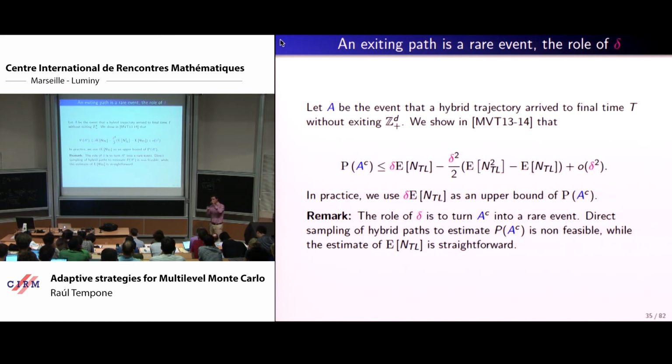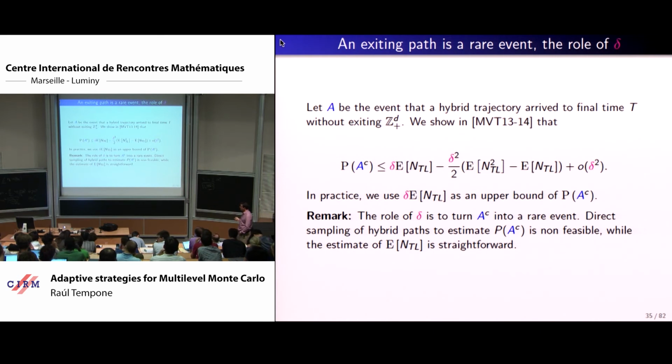Essentially, if you're here, you have to take delta t so that the probability of exiting in this time is below a certain value. Now, what you really want is the probability of the whole path going out or not going out, right? So you have to link the one-step probability to the whole path probabilities, and then link these quantities into the effect of the global error that we really want to compute and approximate.